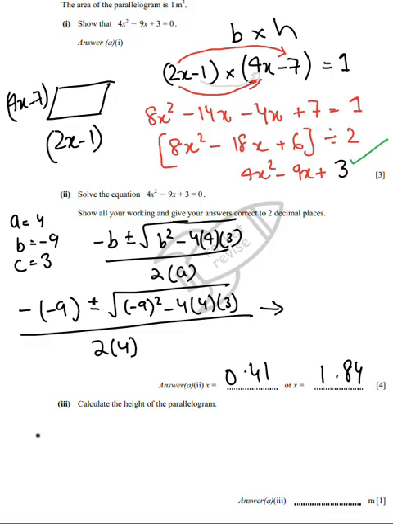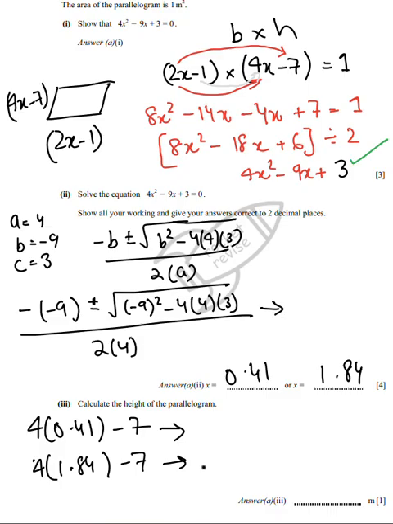Try using 4 into 0.41 minus 7 and 4 into 1.84 minus 7. Tell me what answers you get in both cases. Yes, this is a negative answer, right? And this answer is 0.36. So please be very vigilant about this because, of course, a height can never be negative. Okay,